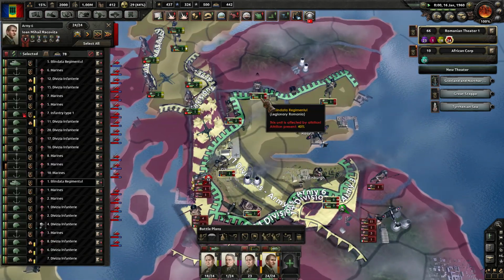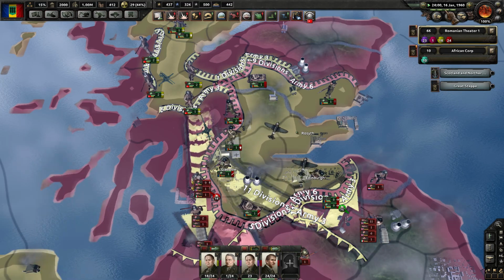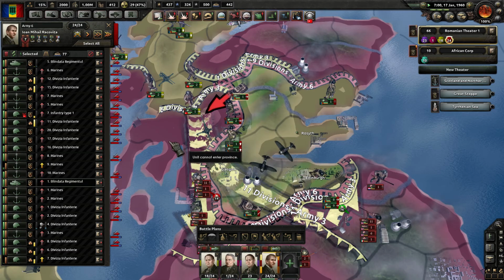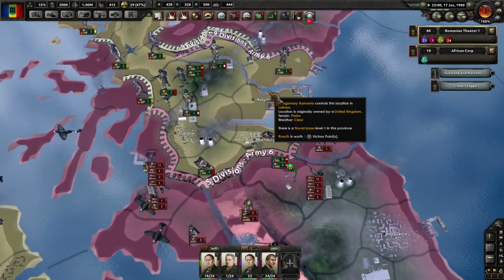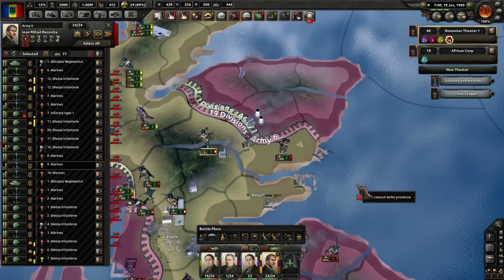Where is this guy going exactly? Alright, let's turn the speed down. This is insane. Try to make it over this way. Let's see if we can't make a front line like this. Glasgow is in our hands as well. Rosyth as well. These guys are now...